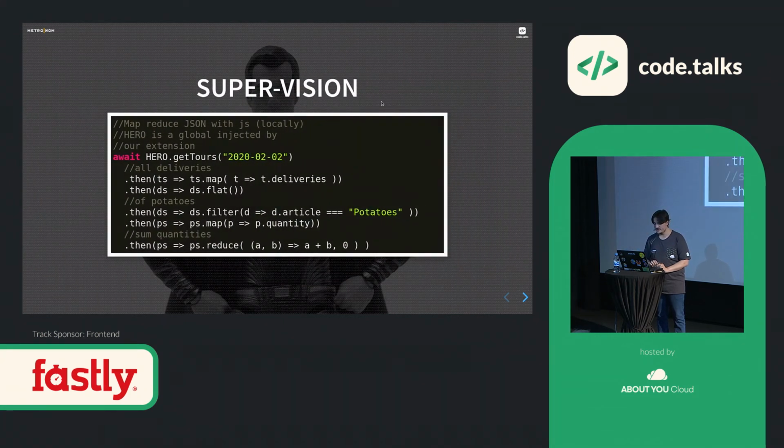do some changes. But you don't want this only as elements on your UI. You also want to be able to code, to write some command lines, because JavaScript has this nice API for map reducing. So sometimes you want to go to your database and do some queries, but sometimes it's just faster to get a JSON and just map reduce it. So in this example here,